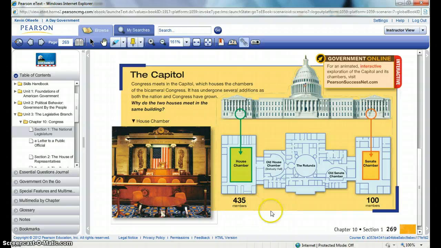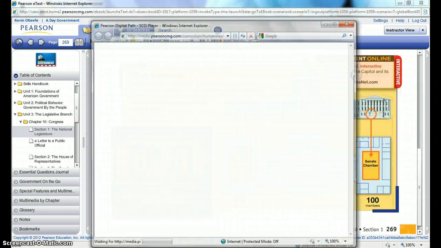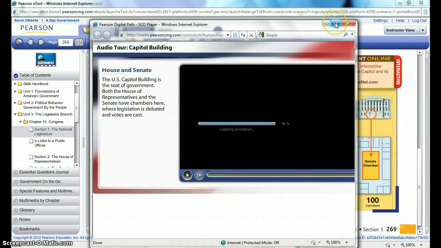Shows exactly what the kids need to know: 435 members in the House versus the 100 members in the Senate. You can go ahead and look at the many different pictures here. It asks whether the two houses meet in the same building, and so forth. So you can go ahead and click on the